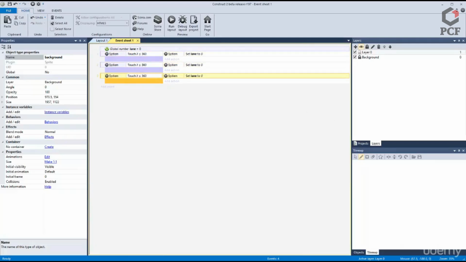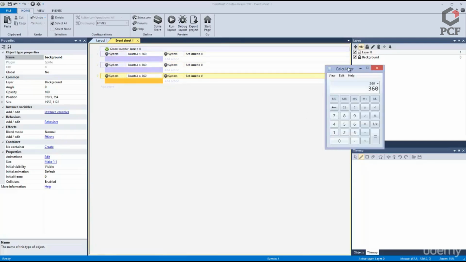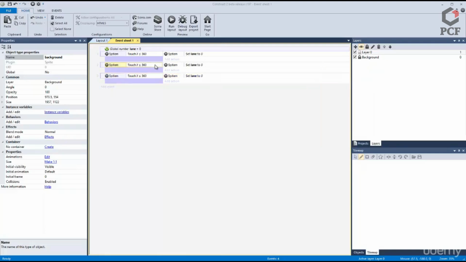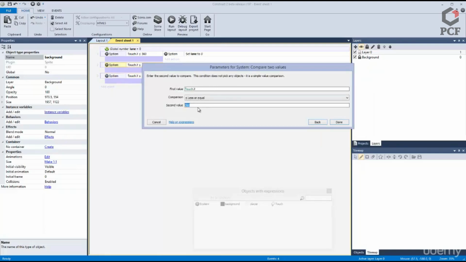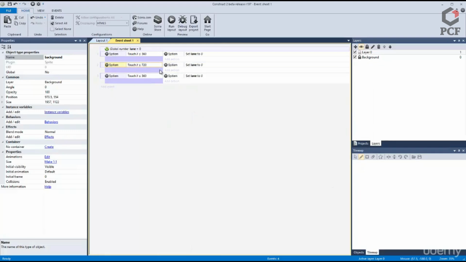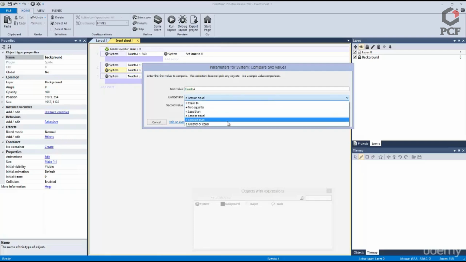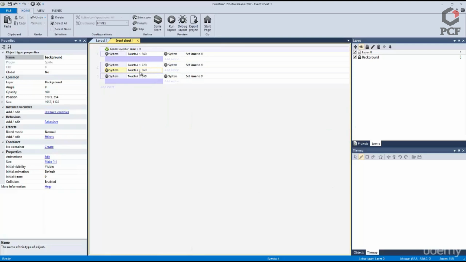The next thing we're going to do, if we pull up our calculator again, 360 plus 360 is equal to 720. So if touch is less than 720, then we're going to go ahead and do that. But for those of you who like math and logic, you'll know that this is incorrect. What we have to do is say is greater than 360. So this means that if it's less than or equal to 360, it's going to set to lane 0. If it's less than 720 and it has to be greater than 360,